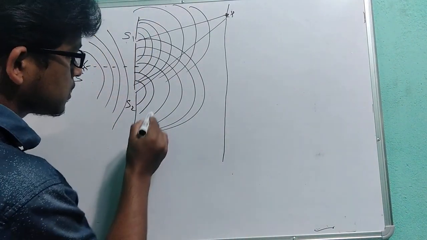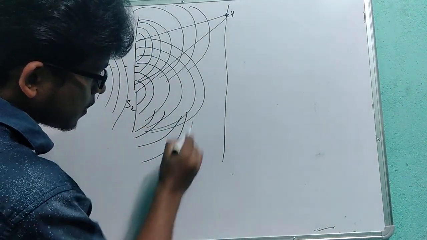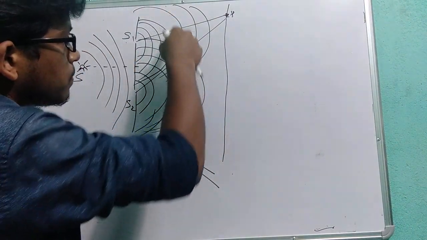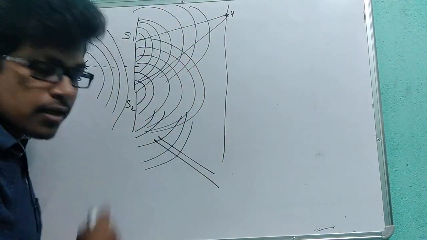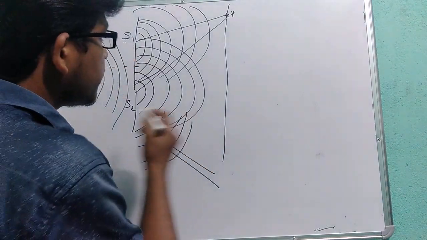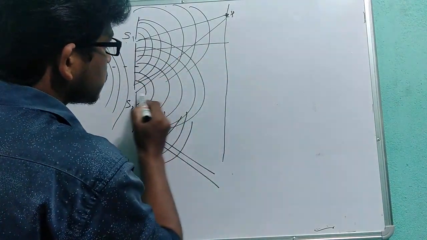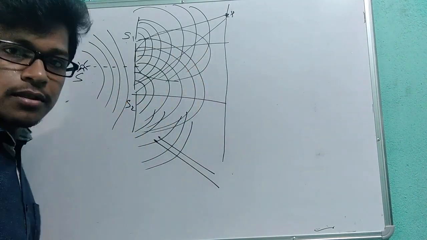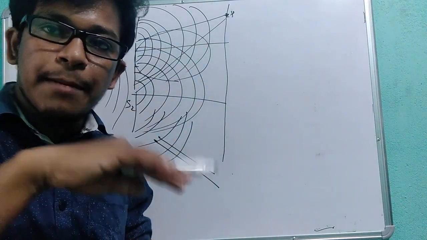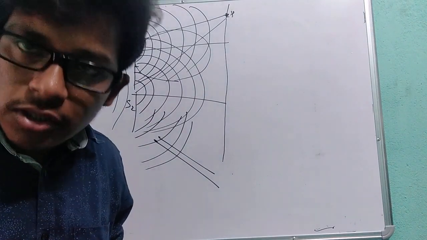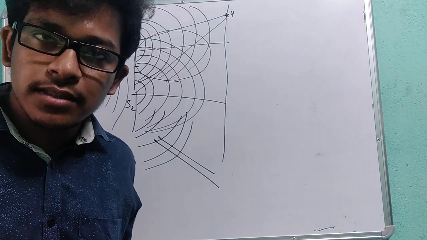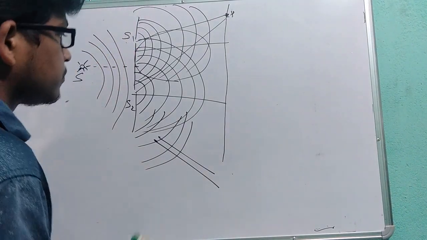So suppose this is the wavefront like this. In this region there is no superposition because this wavefront can come this way, so there is no interference. We only get interference in this region. This region has superposition, meaning overlapping of the waves is happening, so you will get destructive or constructive interference. If there is no overlapping, then there is no destructive or constructive interference.